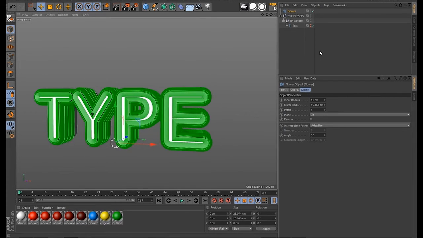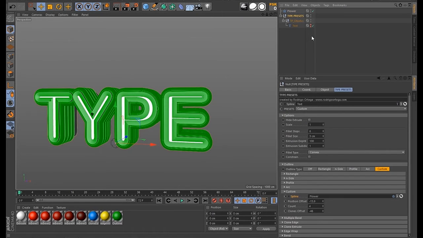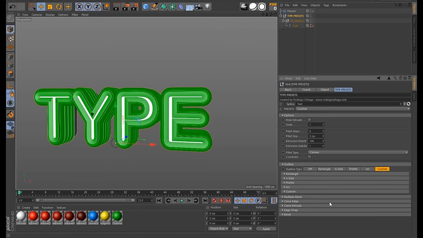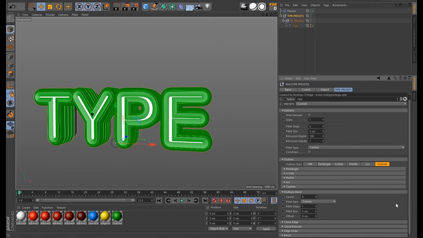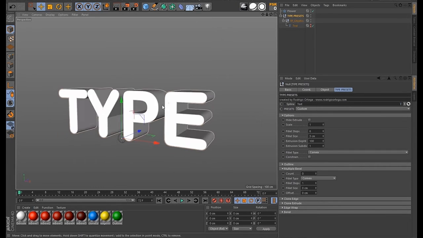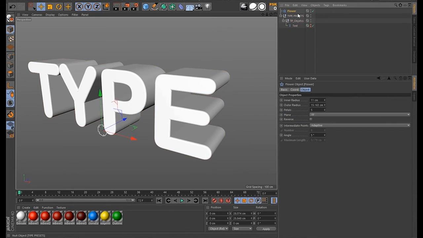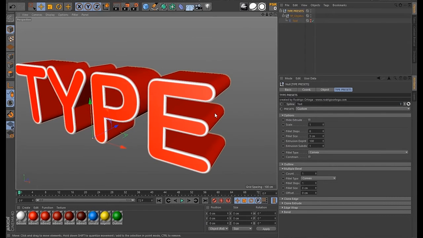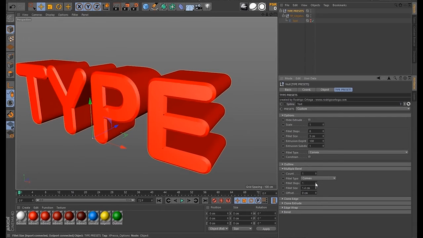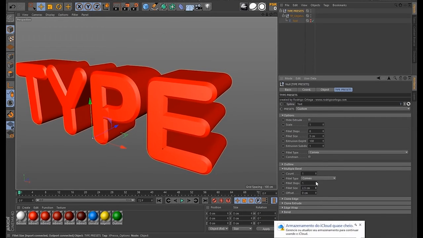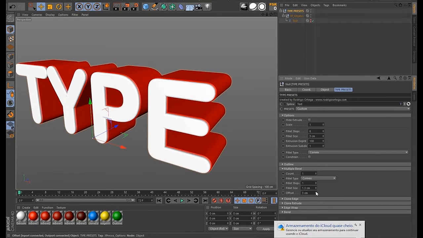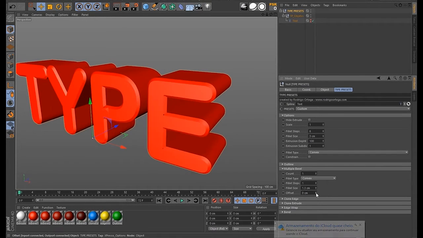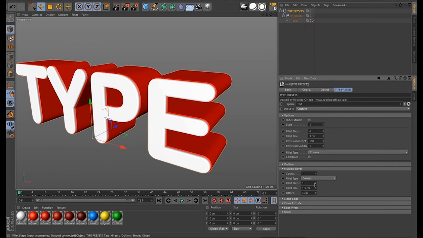Okay, like that. Then we have the multiple bevel. So let me turn off the outline. And this is a simple effect, but I think it's really cool. You can add some copies of your extrude, and then when you turn up the fillet size, it will make it bigger, so you can offset it and have some cool effects like this one, this, and